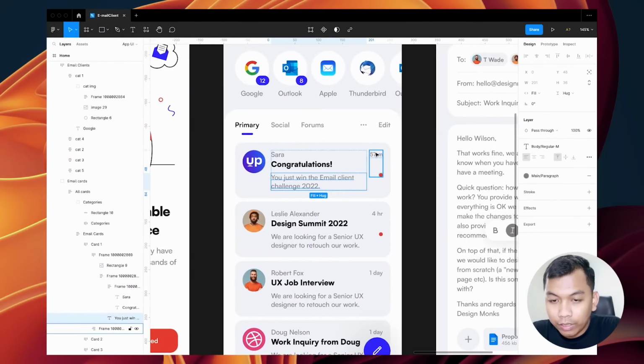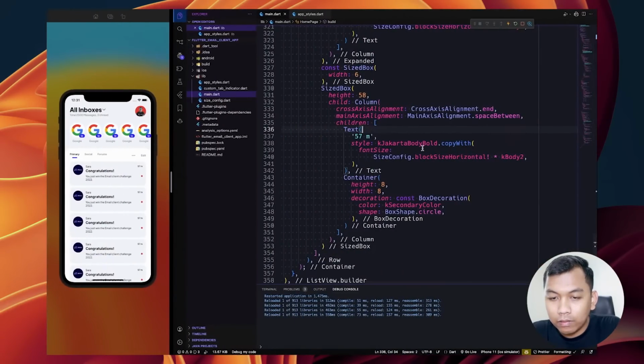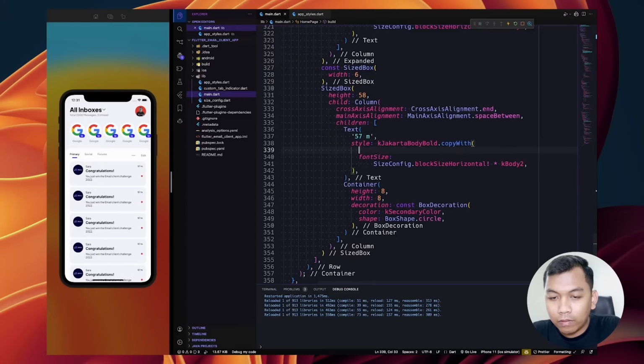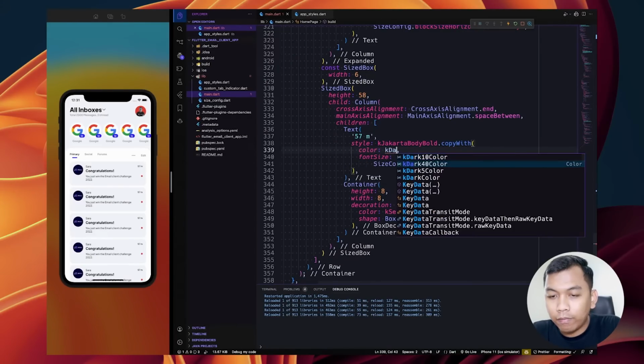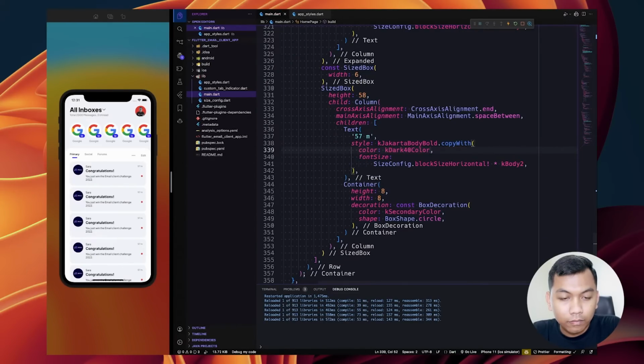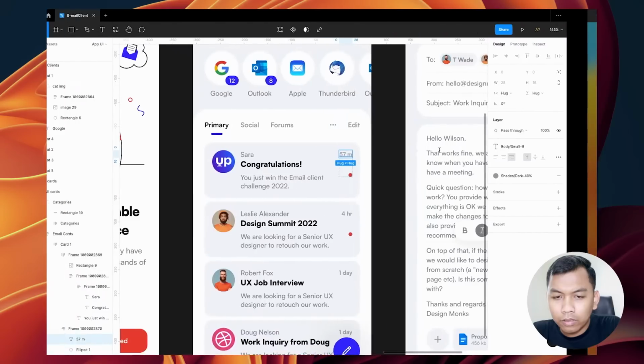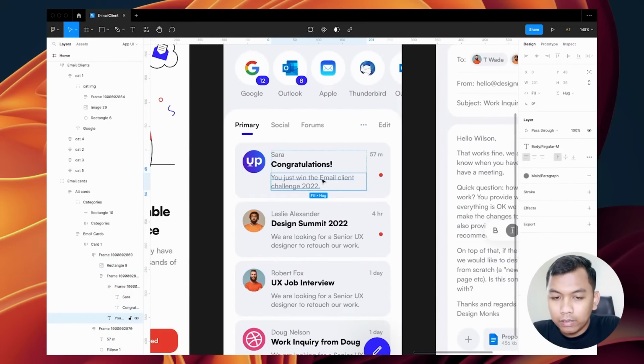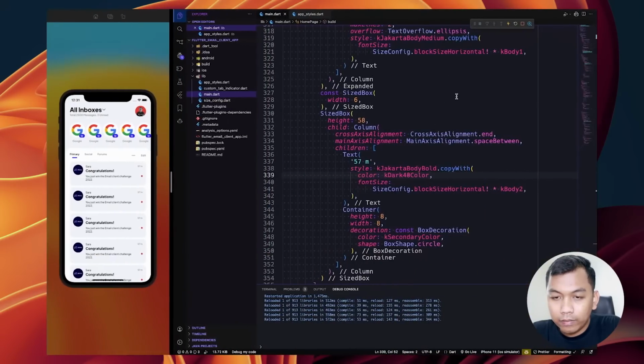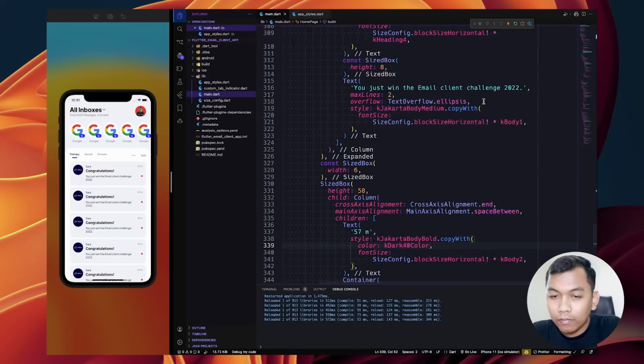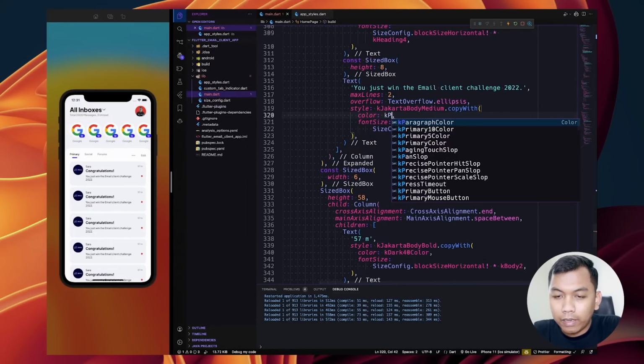And we need to change the color. K dark 40. And also for this email body, set the color to be K paragraph color.